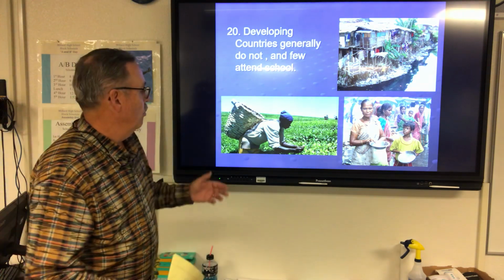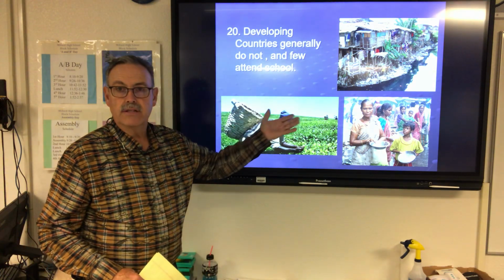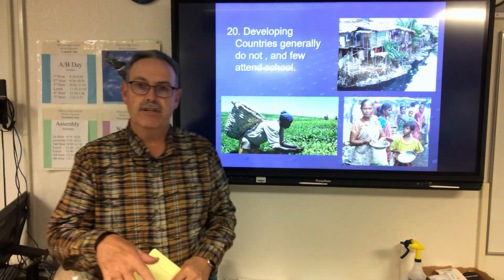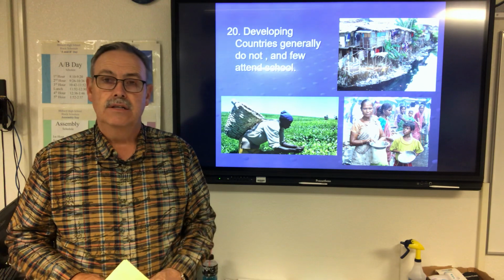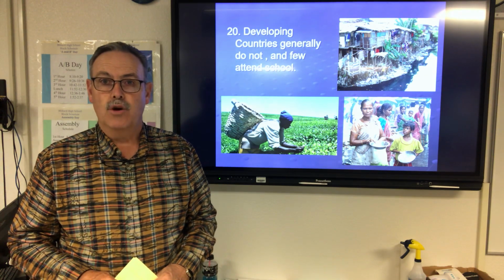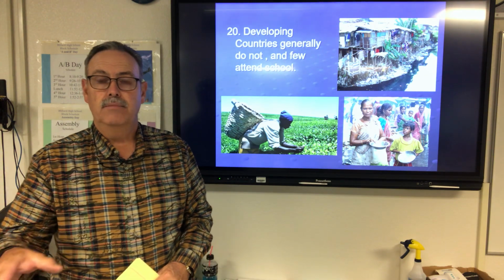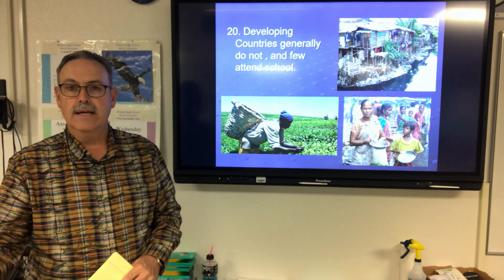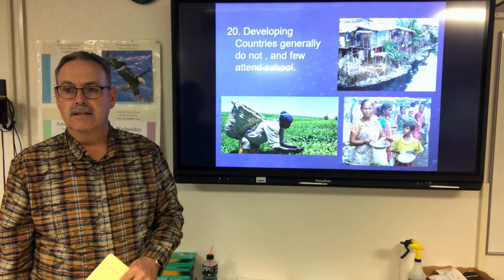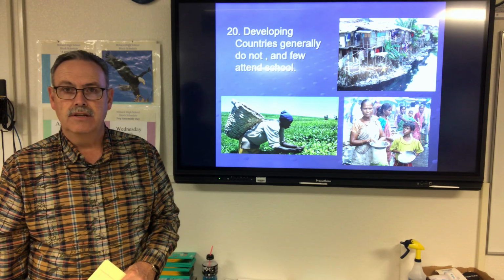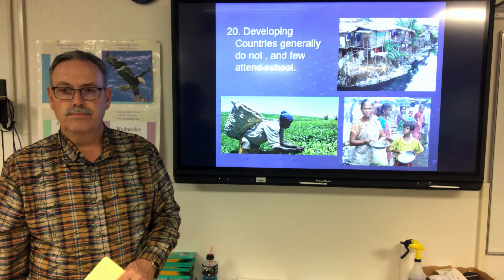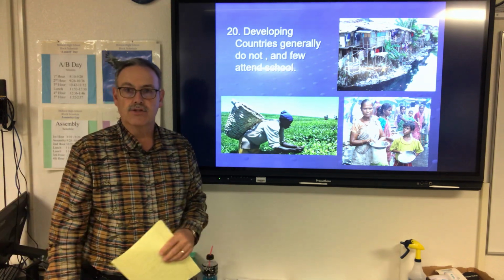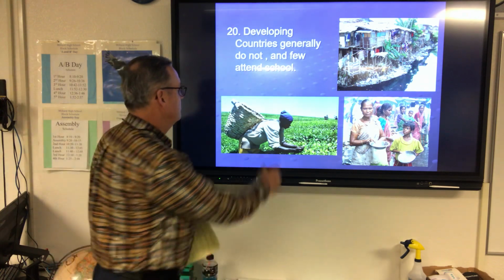But when you look at these conditions that these people live in, their children that are 13, 14, 15, and even younger, may not even have the option of going to school. They would like to, but they have to work to help support the family. And so we oftentimes take it for granted that we have school and education. And so when it's given in that way, maybe our students might look at it a little bit differently.